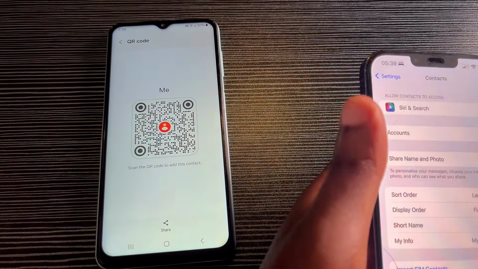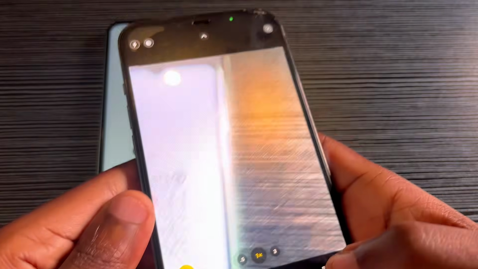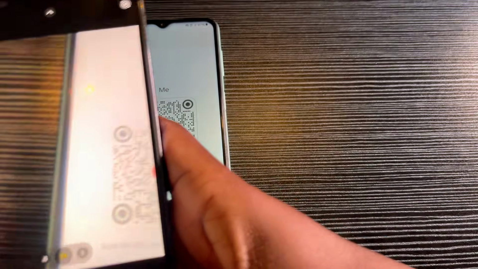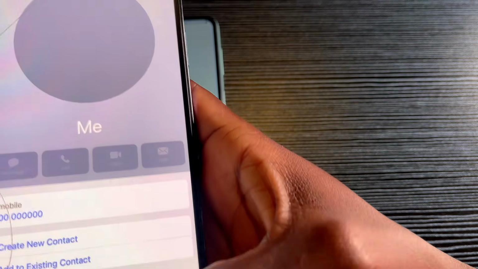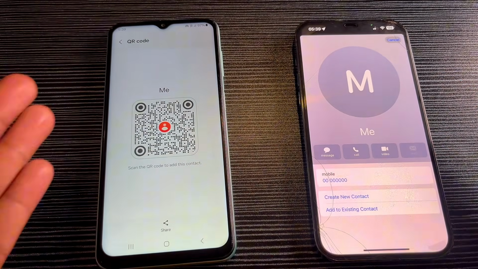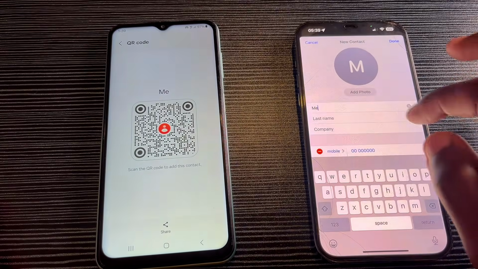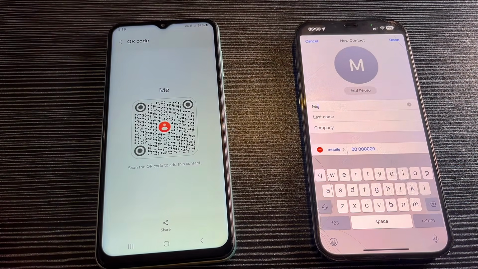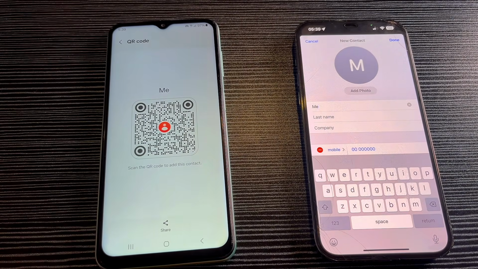Go on your iPhone, go on the camera of your iPhone, then you can scan that QR code. So you can actually go on me, then I've already shared that contact to my phone. So you can create a new contact and then save it, and it will be saved in your iPhone. So this is a smarter way of doing it without having to call out a number or sharing it